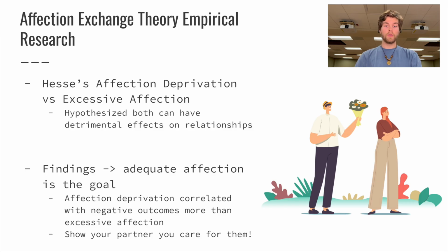From this information, they also found that the right amount of affection had higher health-supportive outcomes compared to either excessive or deprived affection. This means that if you talk with your partner about your expectations for affection and are able to match those expectations and satisfy them with your behavior, that is a huge step in the right direction when it comes to a relationship.